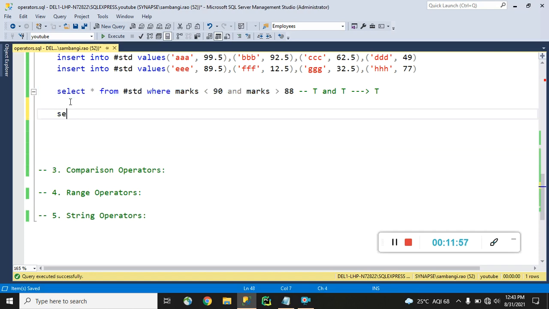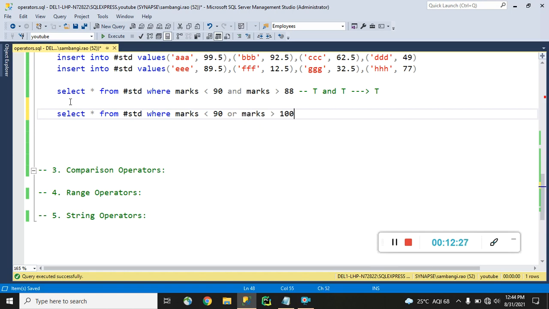And this time I want to retrieve data like select star from std. Std means student, where marks are either less than 90, sorry, less than 90, or marks greater than 100.